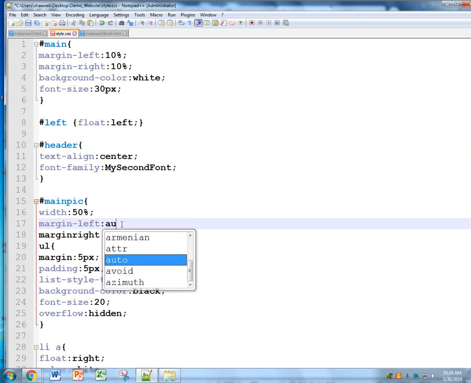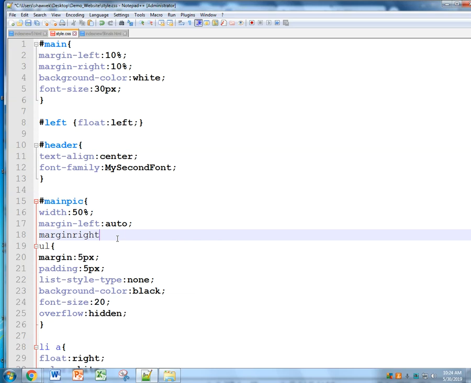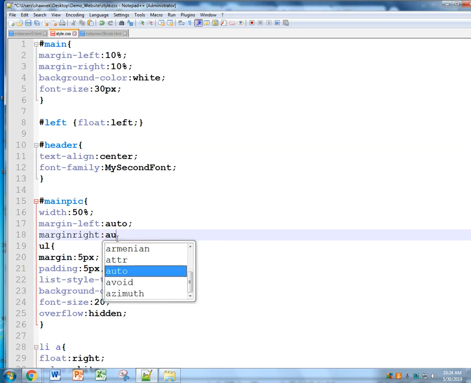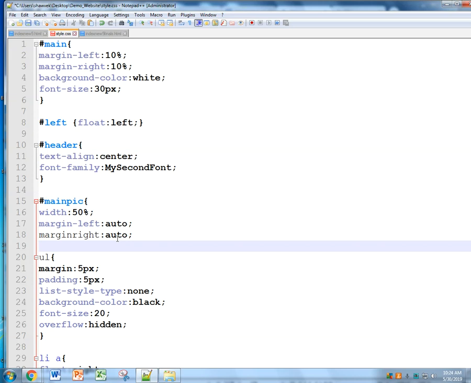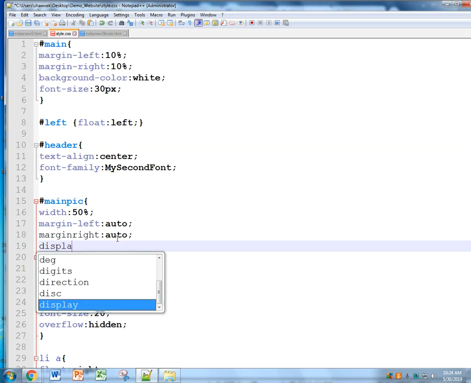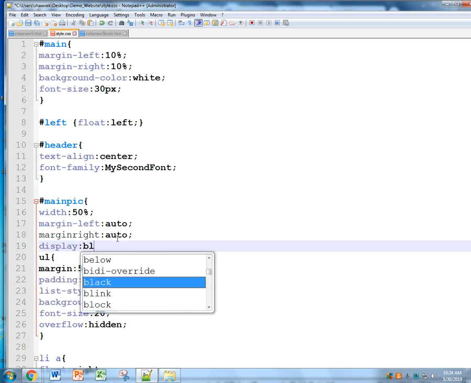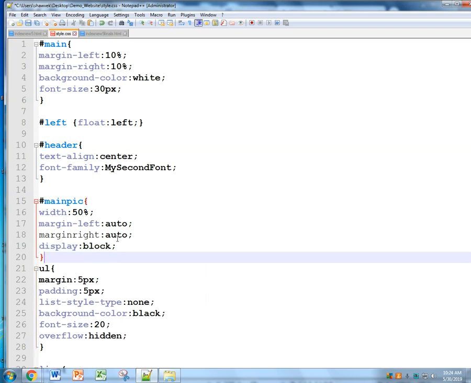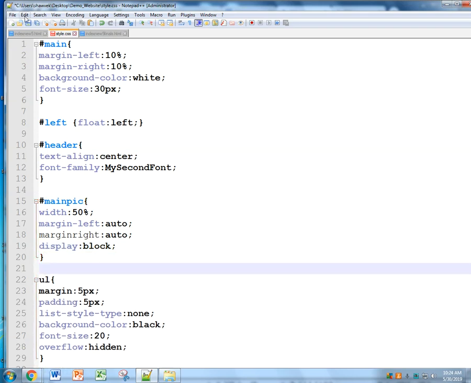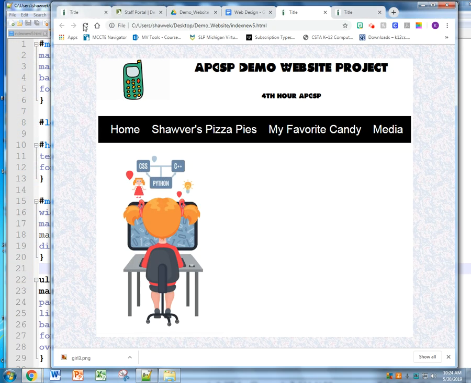So this is where the image is going to take up 50% of the area, and we are going to have the browser figure out automatically how much space to put on each side in order to have equal margins. Then we're going to say display: block, and we talked about display a little bit yesterday. So make sure you put the closing curly bracket in there, do a save, and now when we refresh our page, we should see,